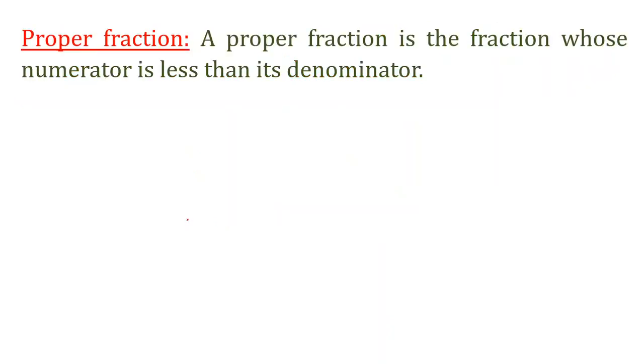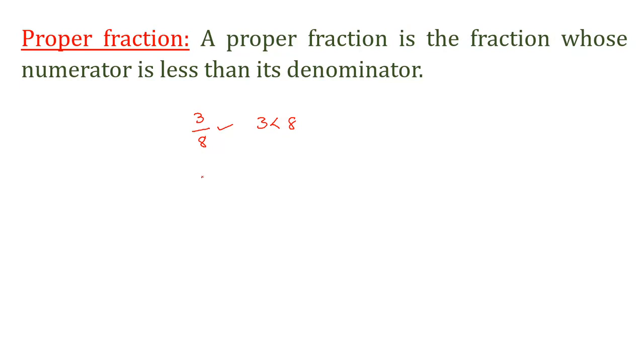Okay, next I am going to explain about the proper fraction. In your previous classes also you may know about this proper fraction. A proper fraction is a fraction whose numerator is less than its denominator. So I am writing one example for this. Numerator 3 I am taking and denominator as 8. Here observe here, 3 is less than 8. Numerator is less than the denominator. So this type of fractions are called proper fractions.